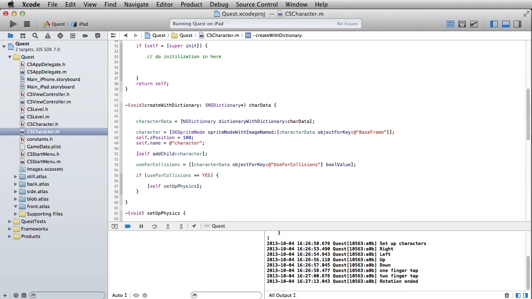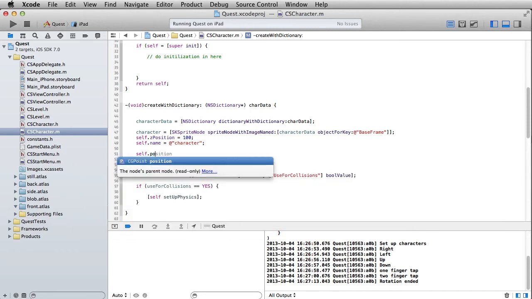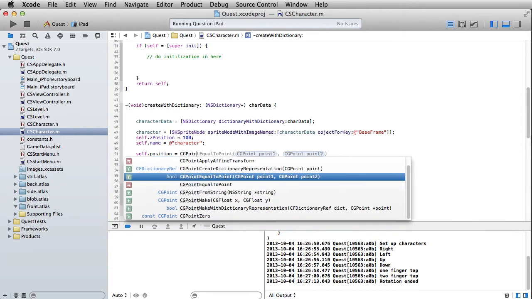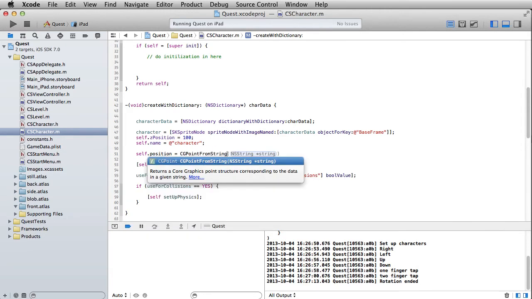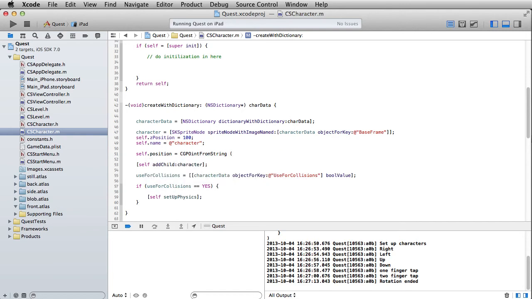All right, let's then come down here and write self.position is going to equal CGPointFromString. You might wonder, why is that going to be from a string? It's because this is going to be something that we put into our property list file, and I'm going to put in there character data, and this will be object for key, and that key name is going to be start location, and let's go ahead and put that into our